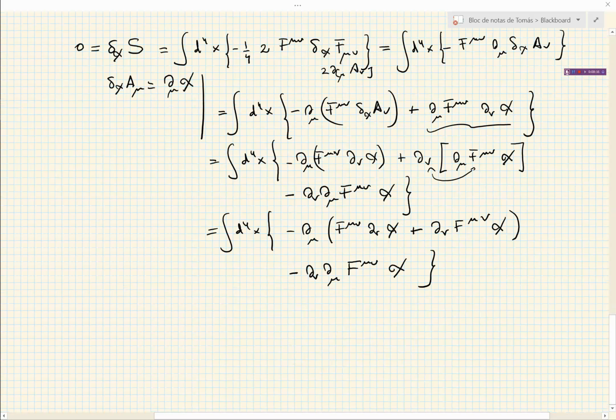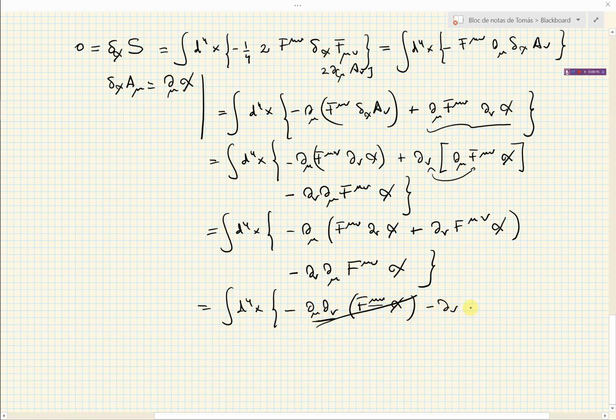Okay, this is another total derivative, so this is minus partial nu F mu nu chi. I know that this is 0 because of the antisymmetry of F mu nu and the symmetry of two derivatives. So let me ignore this piece, and I know that this is also going to be 0, but